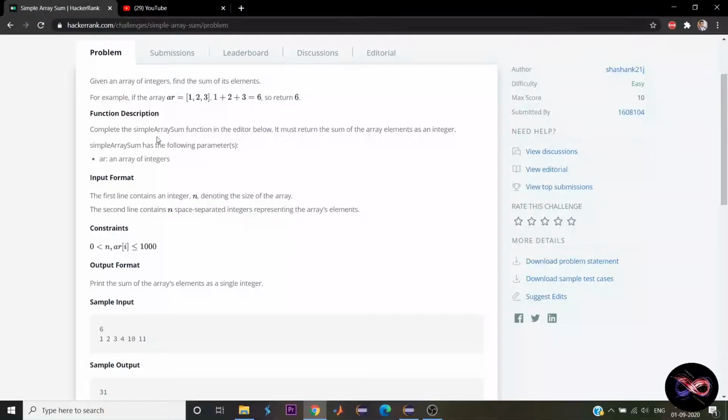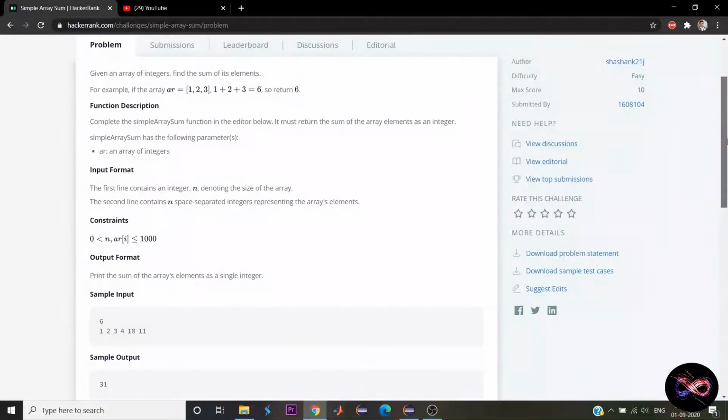Now, if you are serious about solving it in HackerRank or any coding platform, you should pay great attention to the formats like the input format, the output format, and the constraints. But for now, I will not be using this kind of format. So let's get to the coding stuff.